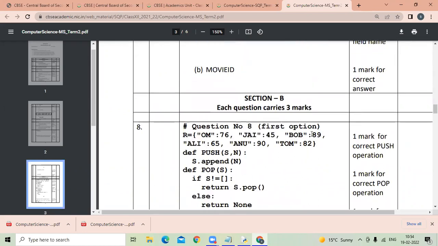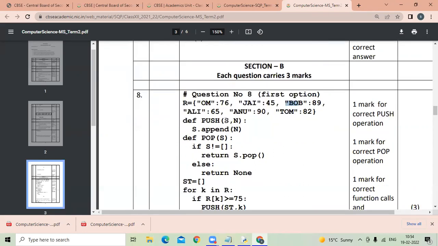Next is 89, again this function will be called. So here the list will come last, n is the name, so the name will be appended in the list, that is Bob. So the first entry is Om, the second entry is Bob, the third entry will not be added, Anu will be added,